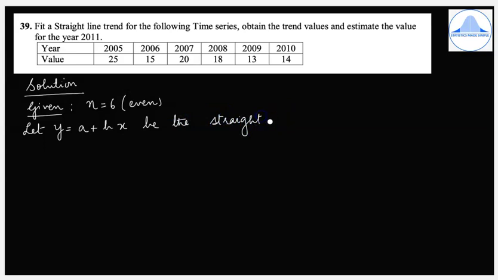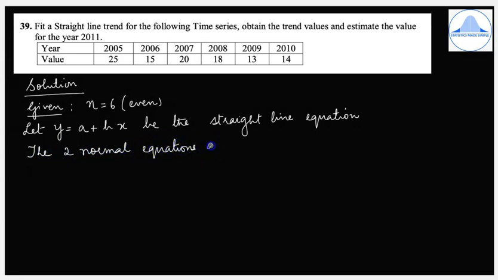Now the straight line equation is also called the linear equation, or the first degree equation. Our aim is to find the two constants a and b. For that we have to use two normal equations. So in the next line I'll write the two normal equations